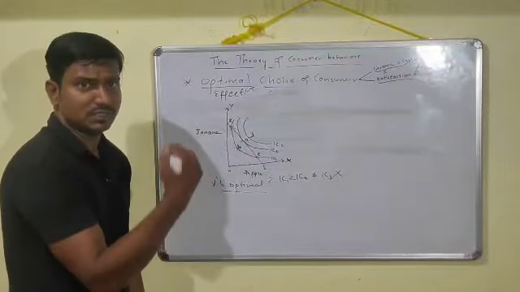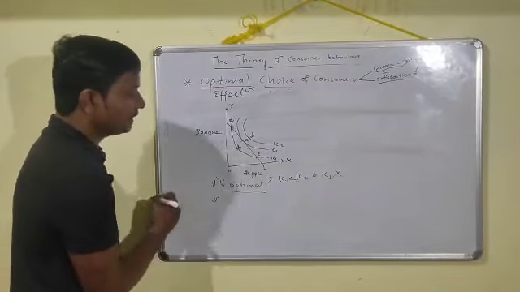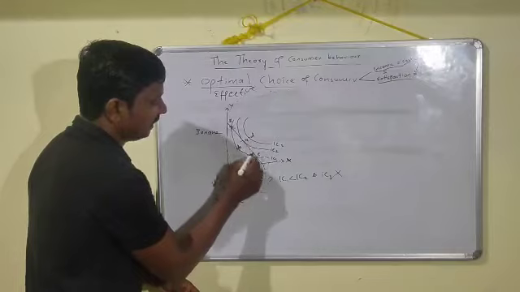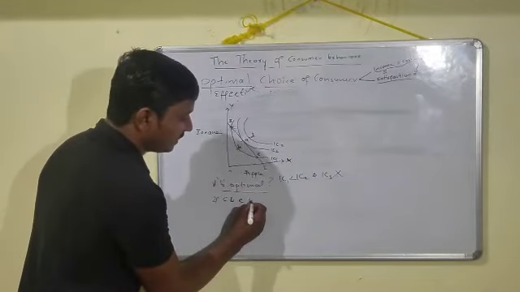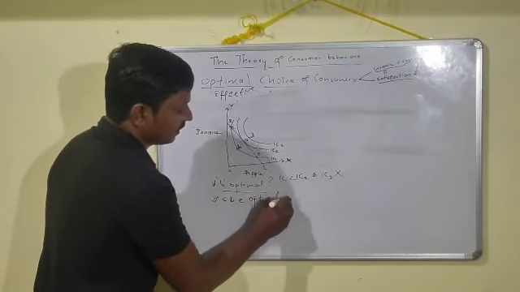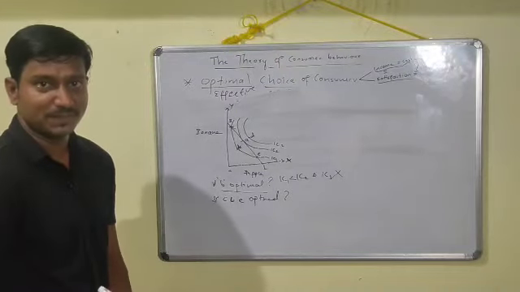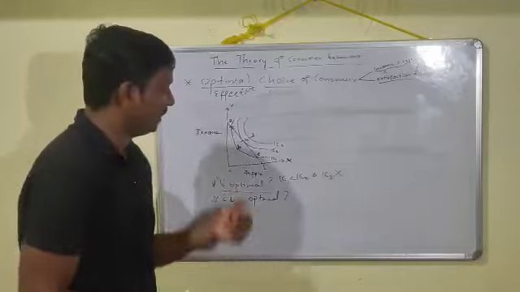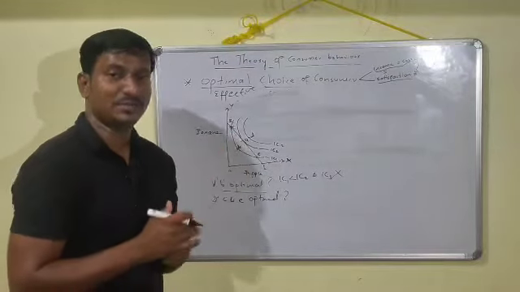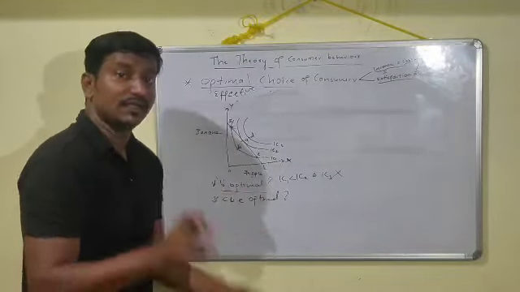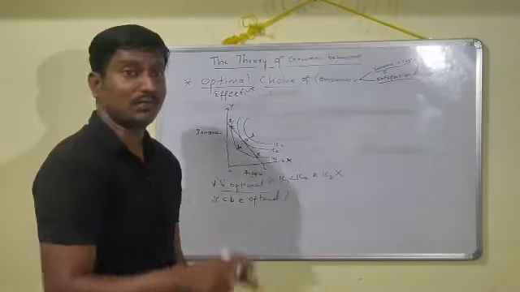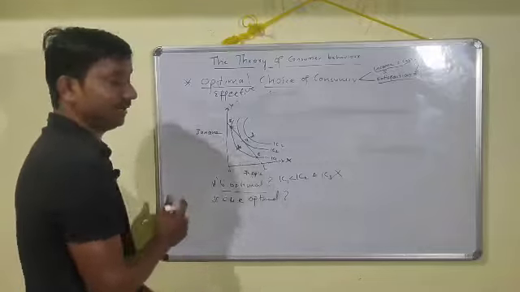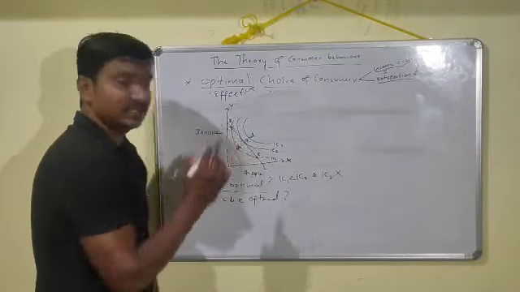Let us ask the same questions of the other points too. Coming to the second one, I directly ask about C and E. This is C and this is E. Can you consider these optimal points? Just observe the diagram again. As I already told you, once again I repeat that if you want to call it an optimal point, you must get the maximum level of satisfaction within the level of income. Now observe the same in the diagram. C is here, E is here.